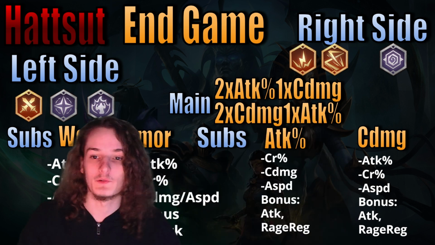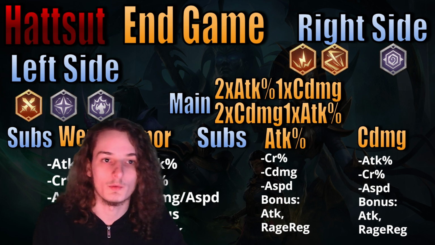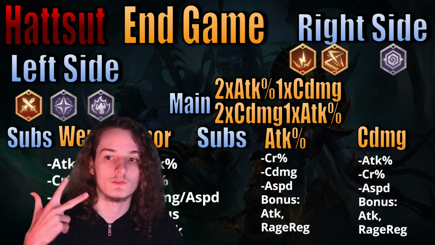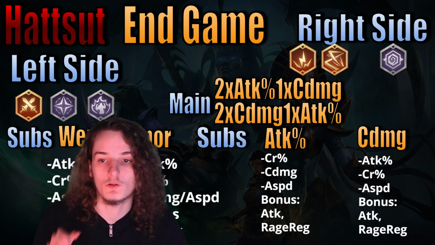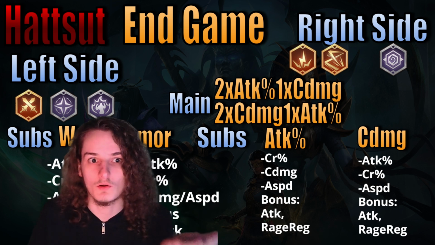Then set-wise, you have again the two categories. Preferred are either Ageless Wrath or Soulbound Arcana. Ageless Wrath is going to be the most effective artifact for your Hattsut until you're able to trigger your ultimate 3 times. As long as you can trigger your ultimate 3 times, Soulbound Arcana is going to overtake Ageless Wrath, but before that,